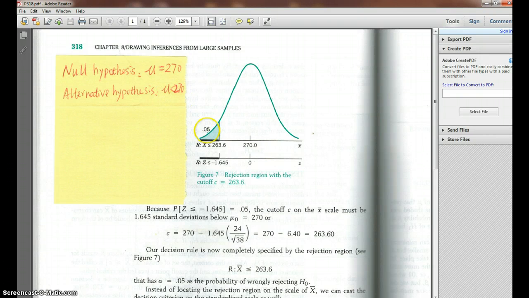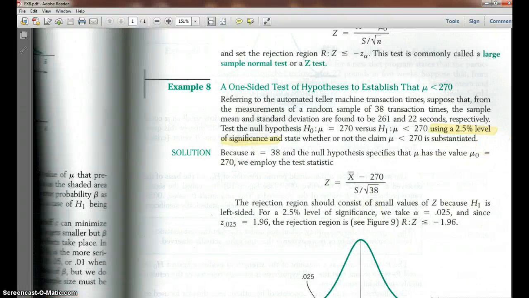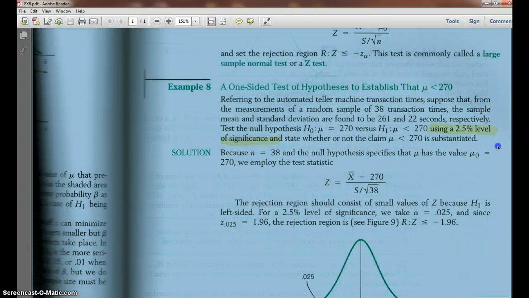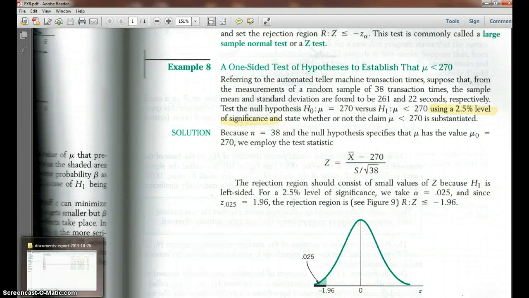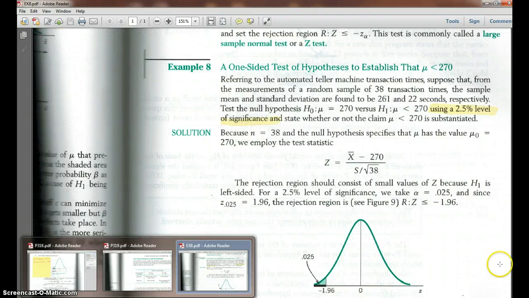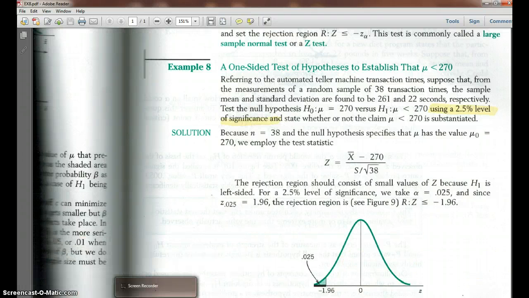Okay, so if we go back to example 8 here, you can see it's 261, which is less than the cutoff point, 263.6, so you can definitely support the claim. But we didn't do it that way. Instead of doing it that way,